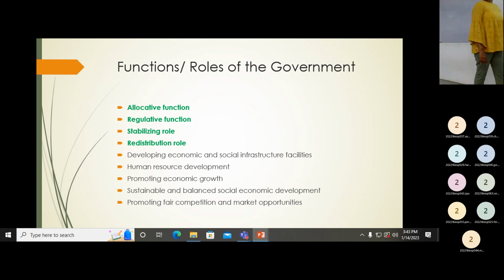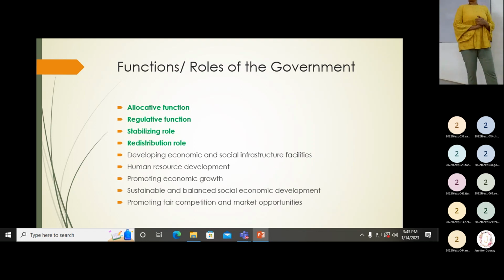And they're also responsible to promote fair competition among business organizations in industries and make sure there's fair competition and market opportunities. So they should intervene whenever there's a monopoly situation being created. They should not allow any monopolies in any industry. Perfect or rather near perfect competition or like healthy competition should be created in the business